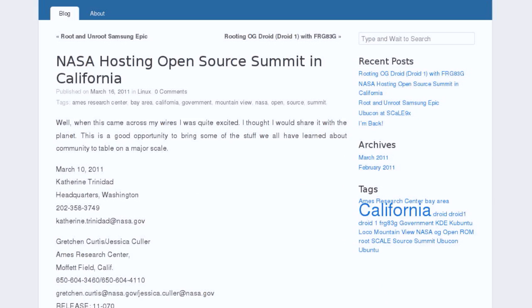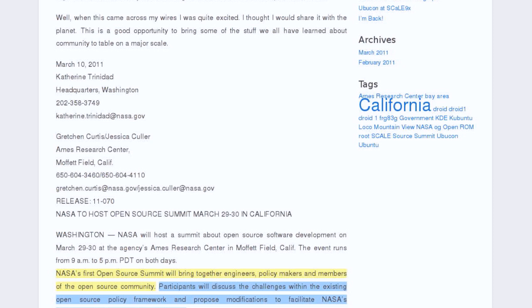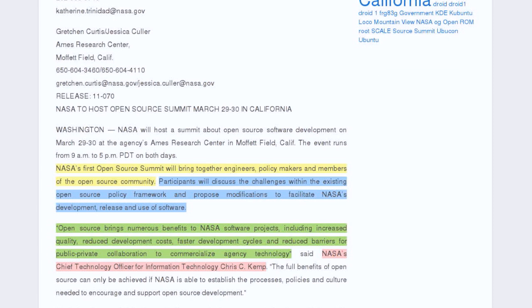Now, one more kind of interesting story before we go into a rapid fire of news stories, and that is NASA is hosting their first open source summit in California. Awesome. I didn't even know that NASA did this kind of thing, and it's brand new. Which explains why you didn't know. Coming up on March 29th through the 30th,